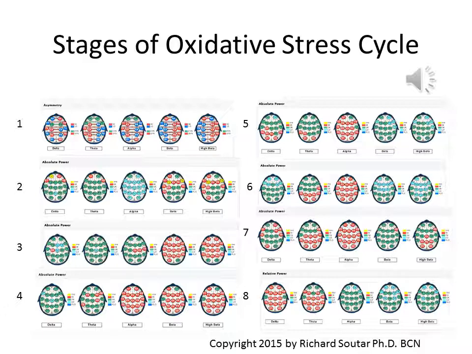deficits in perfusion in the brain. Theta is starting to dominate as a diffuse event. Alpha is still there. By the 8th stage, even alpha is beginning to diminish, and theta and delta dominate the map. And this is often the type of map we see in Parkinson's and dementia.